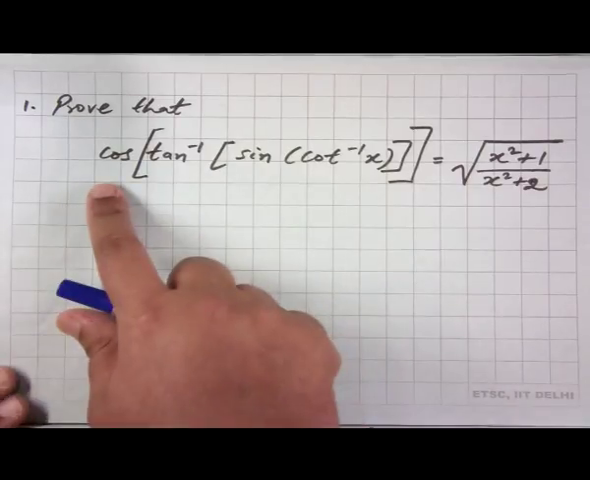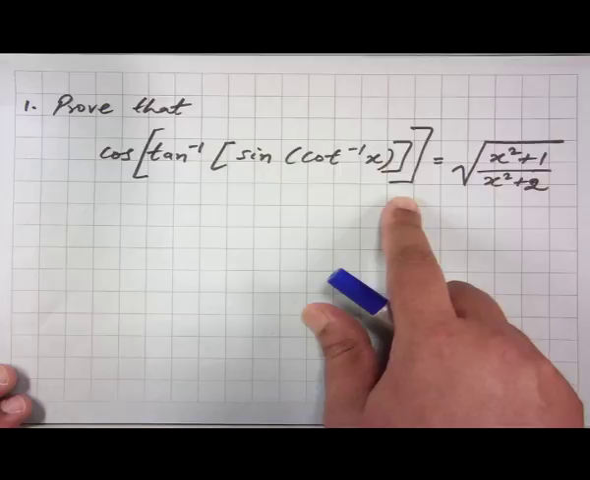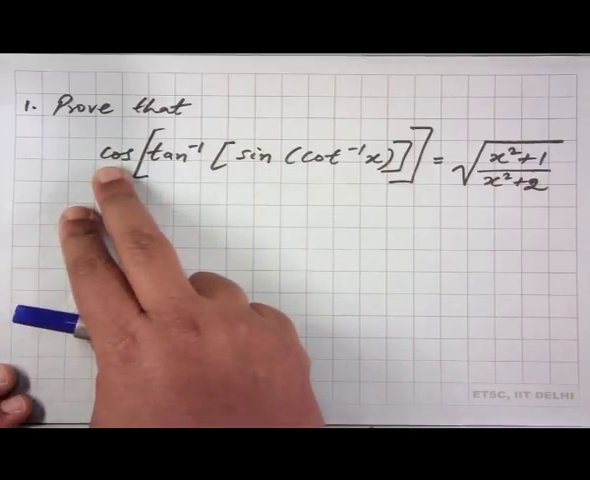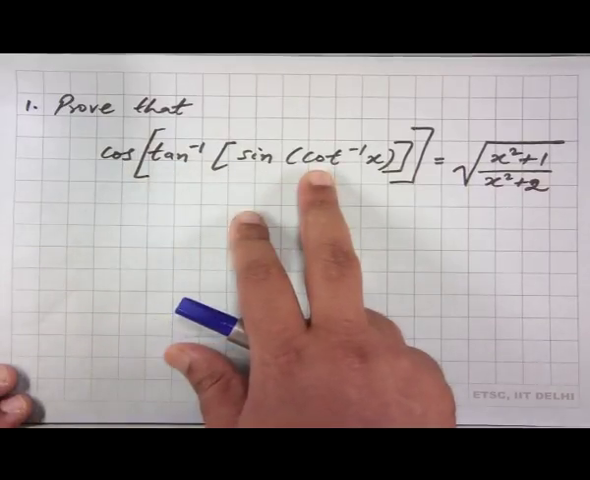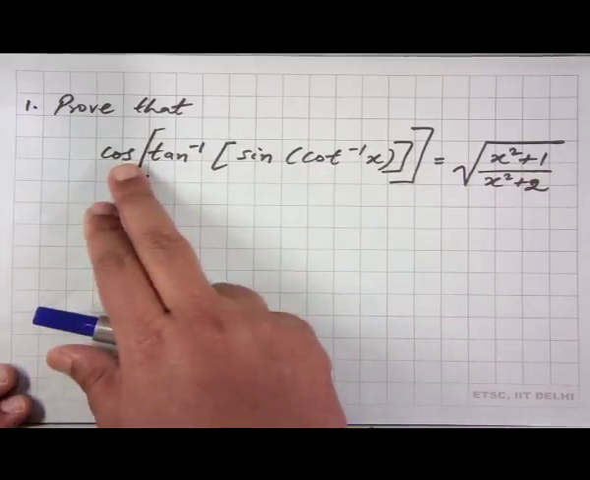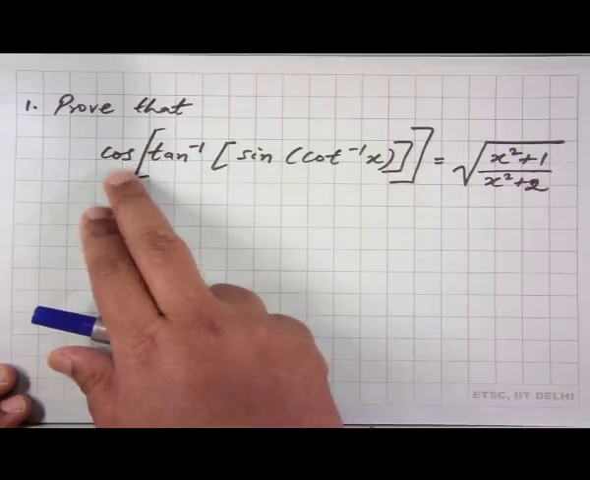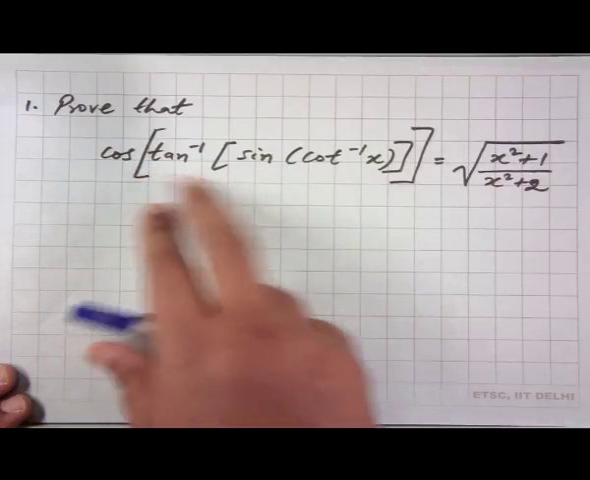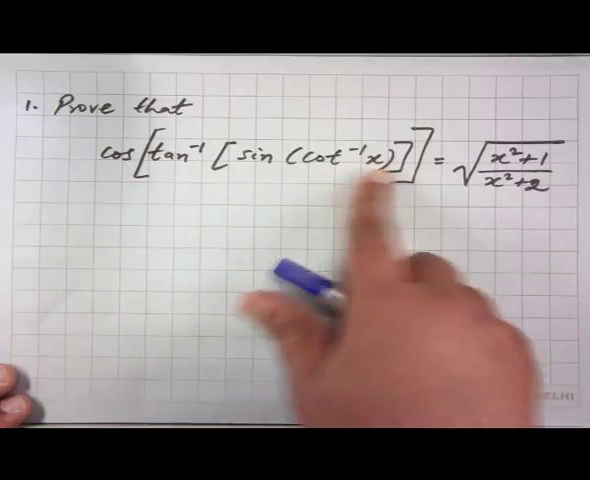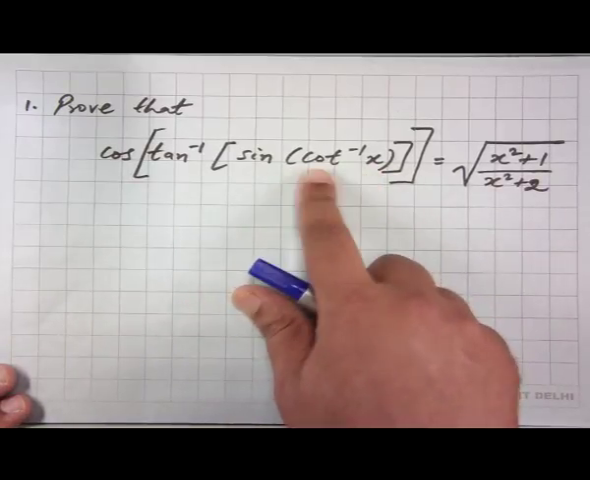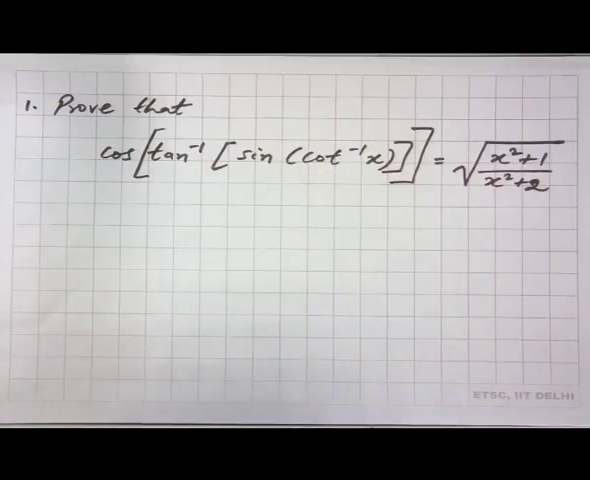Immediately, if we see this, it appears a little daunting because there appears to be a composition of trigonometric and inverse trigonometric functions, and the nesting of the composition is up to the third level. So, the idea is to actually start with the innermost level. So, that is cot inverse x, and